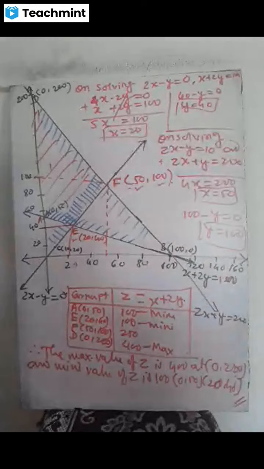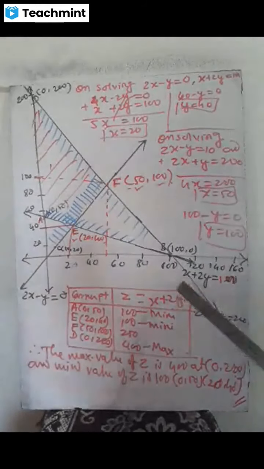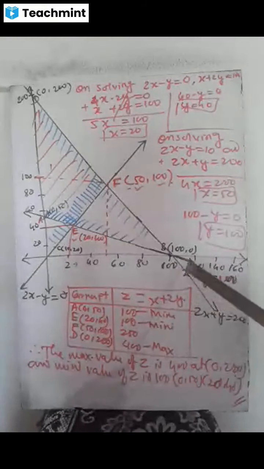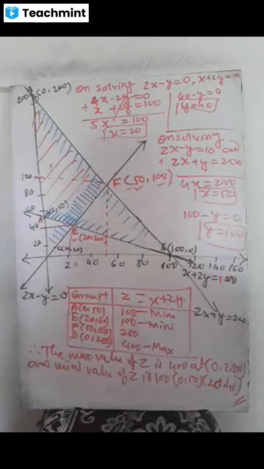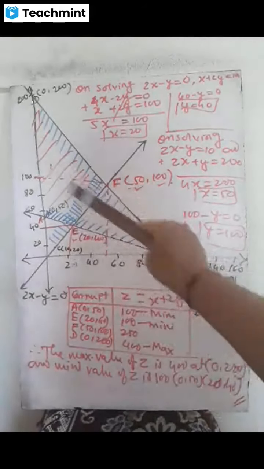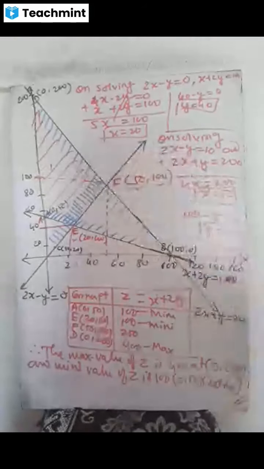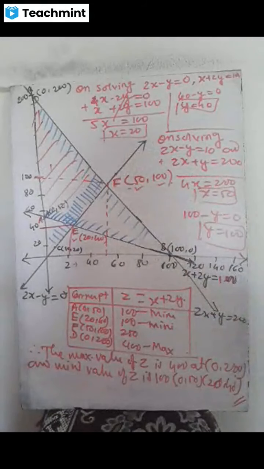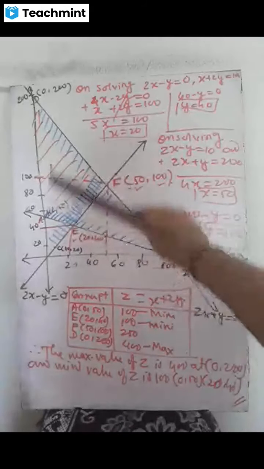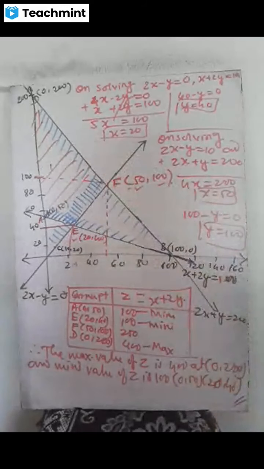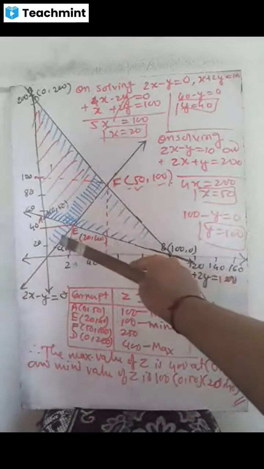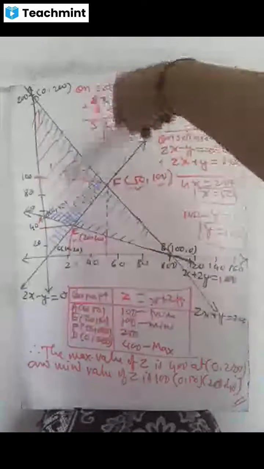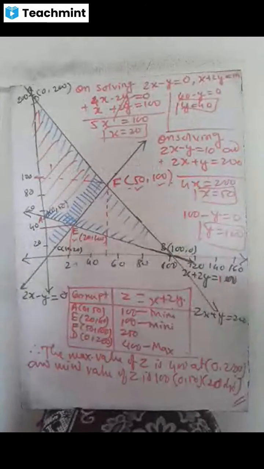Then we will mark the feasible region for each line. For the first line, it is away from the origin because we got the answer as false. For the second line, it is towards the y-axis, which I have marked with blue color. And for the third line, it is towards the origin. So now the common region out of the three: here only two lines are there, here a single line. So 1, 2 and 3. The common region is this part, so I shaded it with red color. This is the feasible portion.